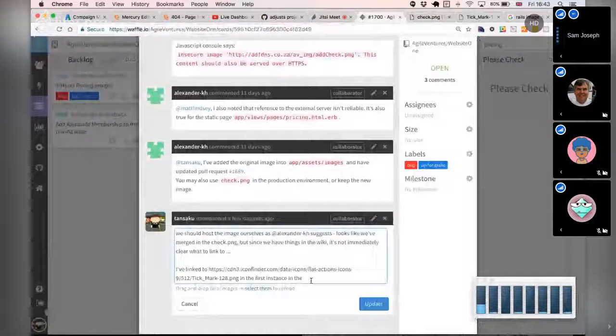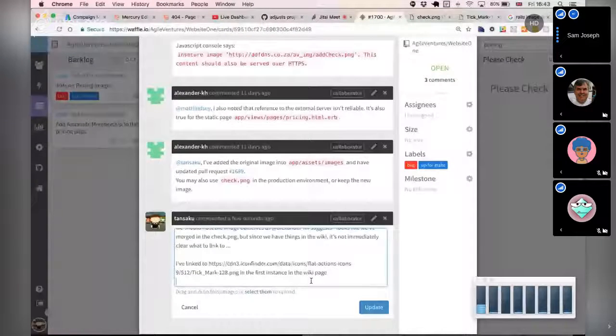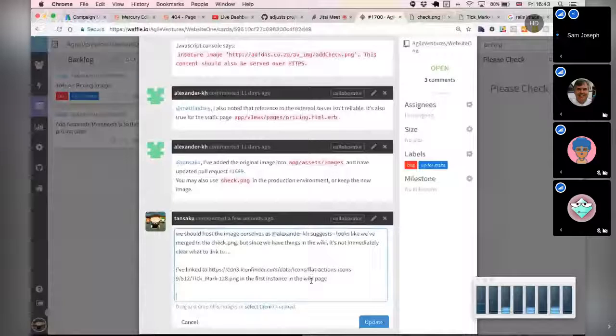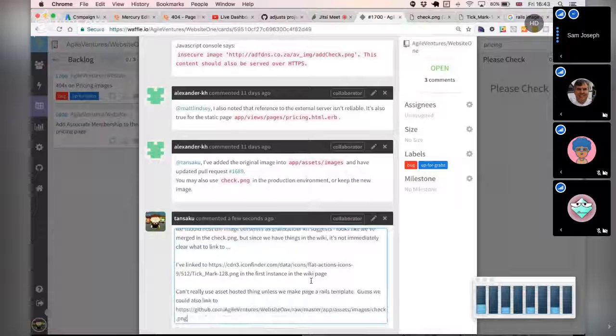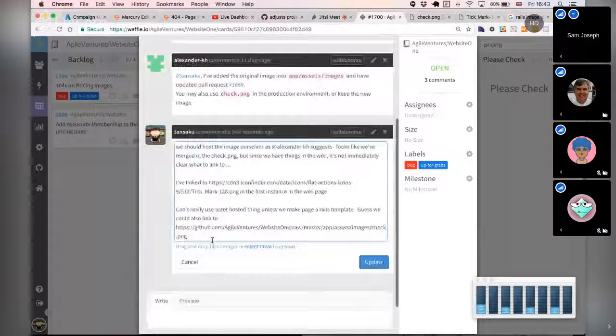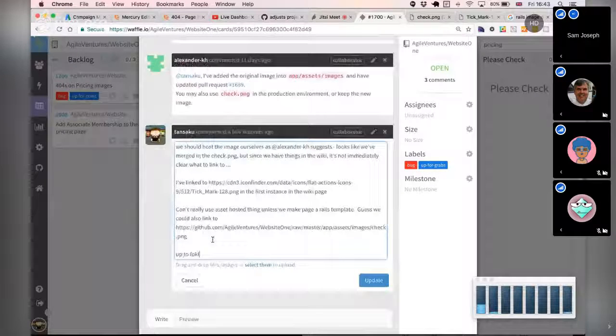So in principle, we could be linking. Oh gosh, it's in the first instance in the wiki page. Can't really use the asset hosted thing unless we make the page a Rails template. I guess we could also link to... so it's up to folks if they prefer to go back to the old image.